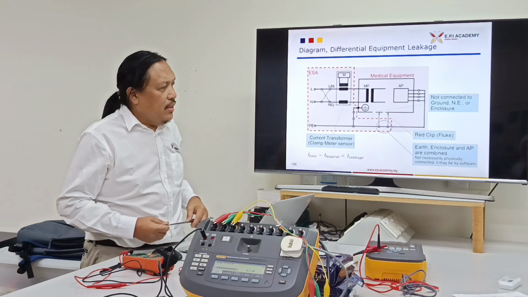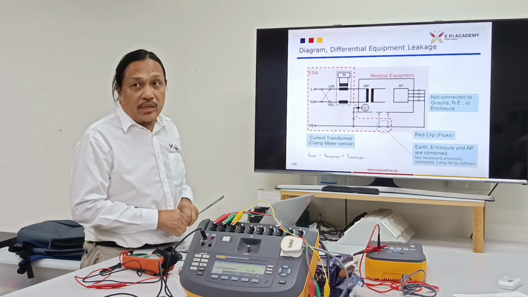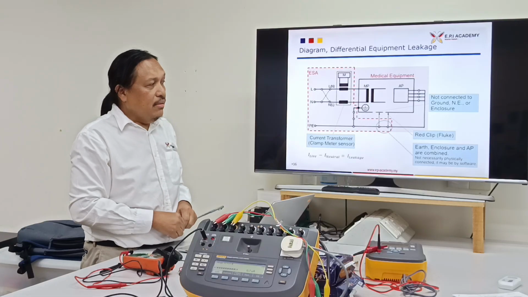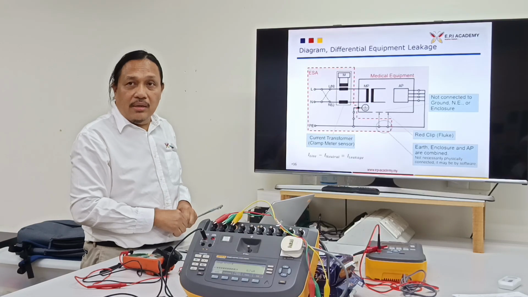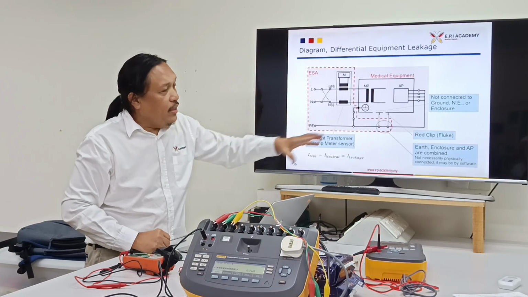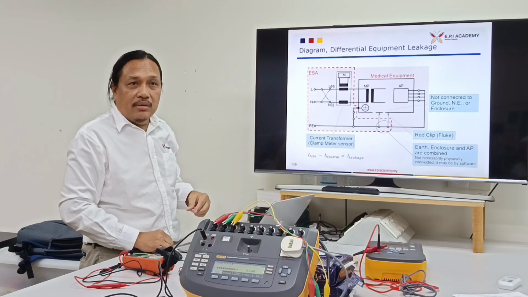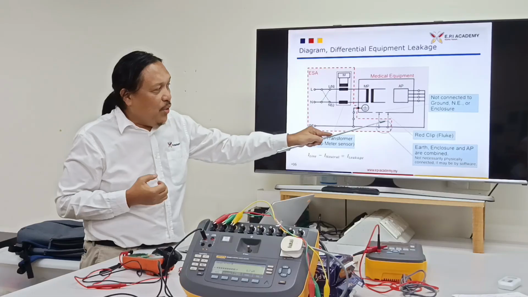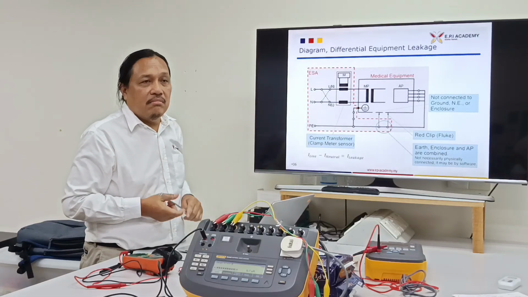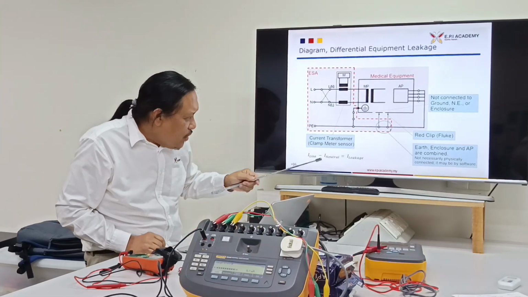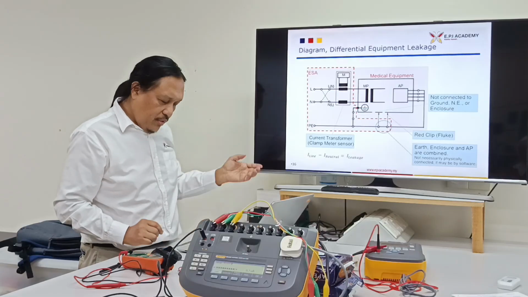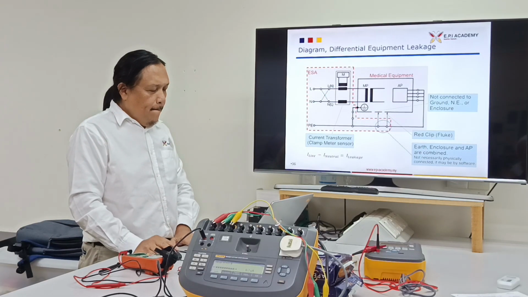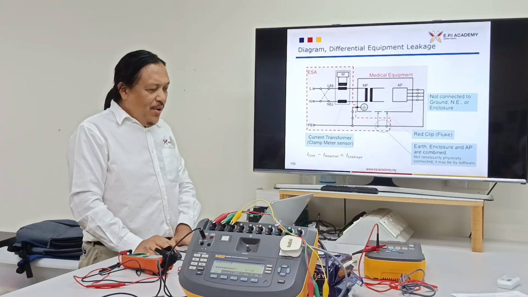I wrote this one. It doesn't mean physical connection. It depends on how they manufacture or design this one, because it can be software. Why not measure separately and combine by the software? It's the same effect as physically connecting them together. That's why I wrote there, not necessarily physical. It can be more dynamic.